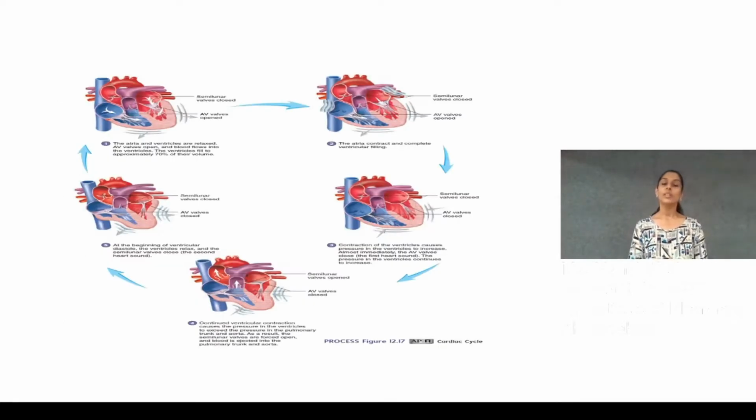So, this figure explains the process of cardiac cycle. Initially, the atria and ventricles are in relaxed state. Atrioventricular valves are open and blood flows into the ventricles. The ventricles fill to approximately 70% of their volume. Here, semilunar valves are closed and AV valves are open. In the next phase, again semilunar valves are closed and AV valves are open, but atria contract and complete